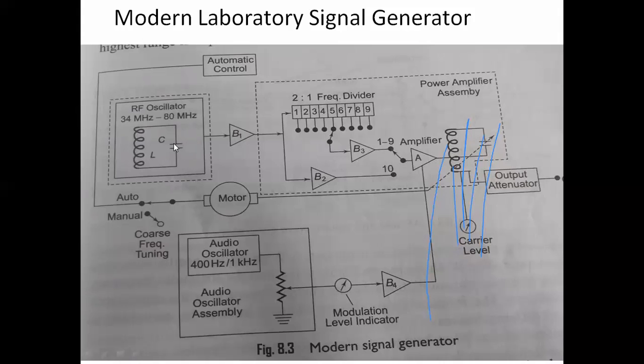Assume that initially some charge is there in the capacitor. That charge will pass current through the inductor. Again the inductor will produce some energy, and that energy will again charge the capacitor. Again the capacitor will produce voltage, and that voltage will pass through the inductor.